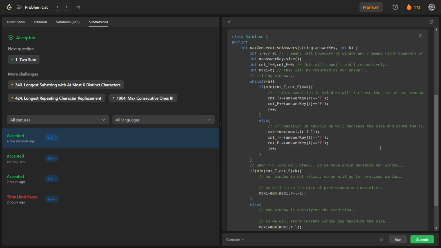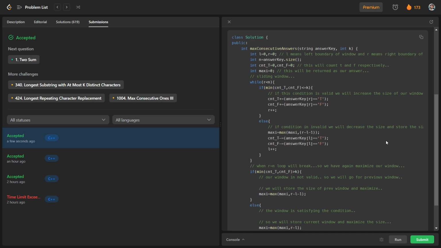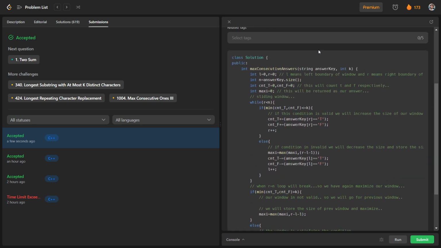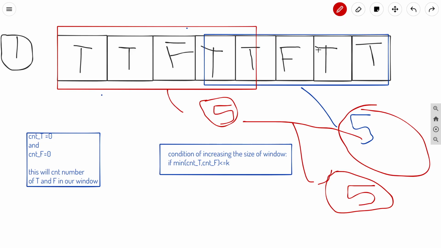So this was our first approach, sliding window, and you can see how we have increased the size of our window when this condition was valid. When this condition was valid, we increased the size of our window, and otherwise we decrease the size of the window and store the answer of the valid window.